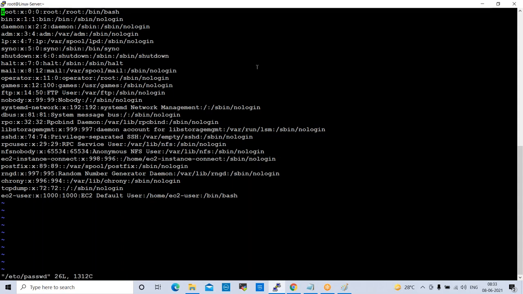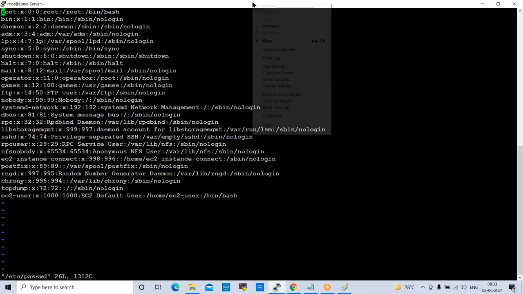Now, a few more shortcuts are available when we move to the command prompt. I'll increase the font size, don't worry about it.